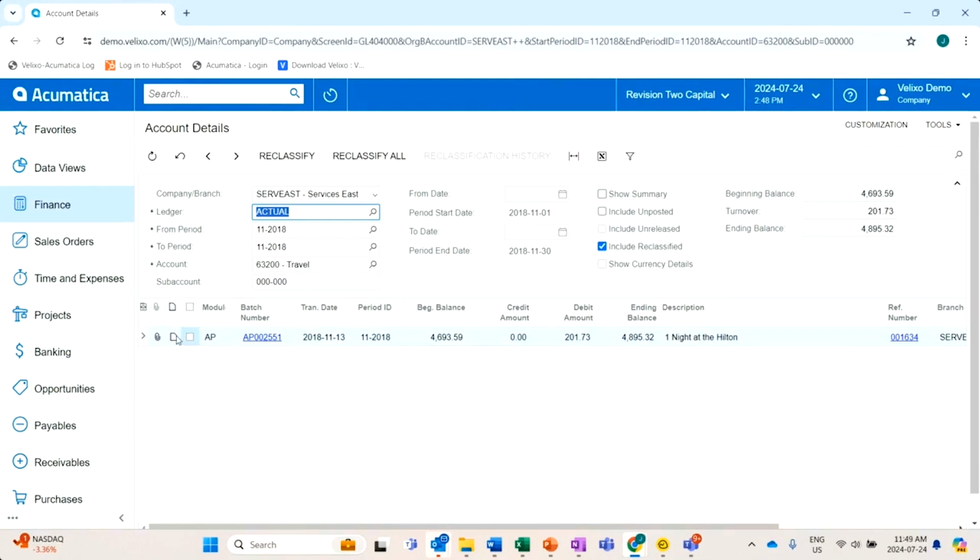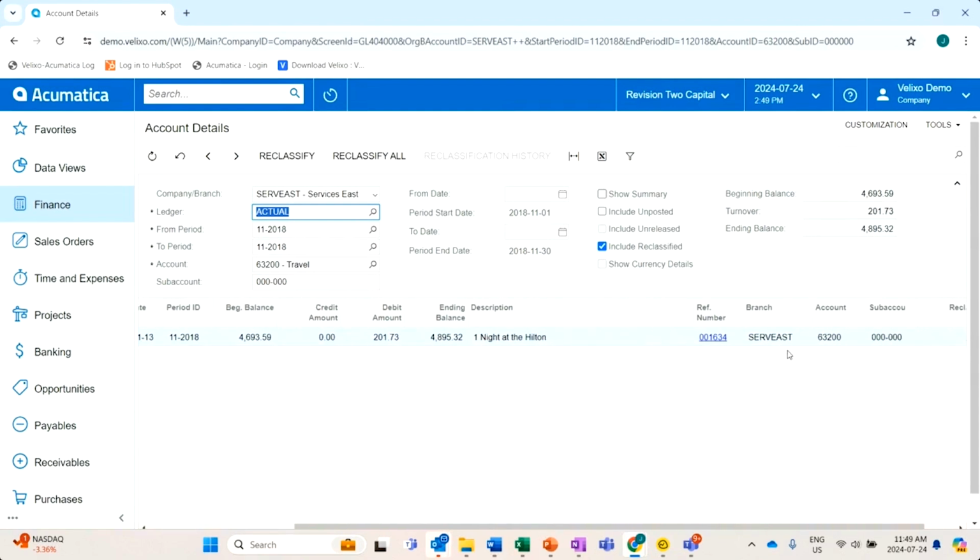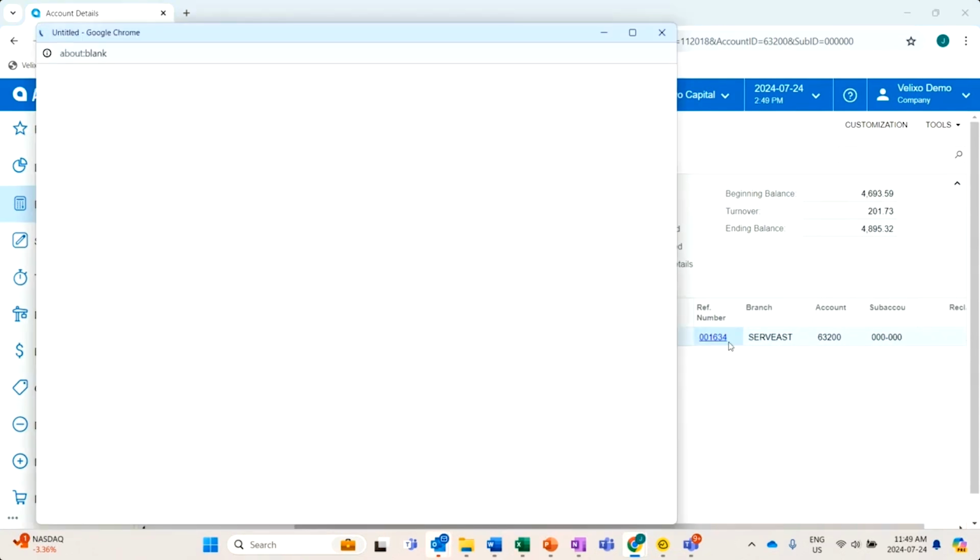And as you can see, it's from my AP. It's one night at the Hilton. You can see it's that 20173. You've got a reference number within there. You can see the branch. So this is a great example of just